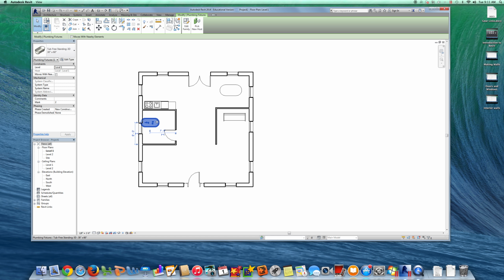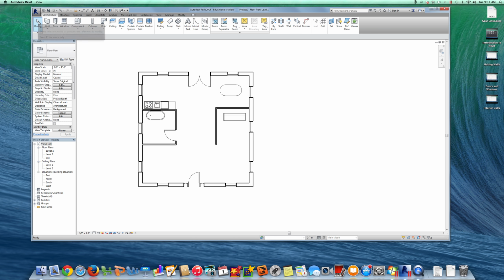My computer's moving really slow this morning. There we go. So there's my bathtub. So I can put in all my bathroom features there. So that's how you place in furniture, and I showed you